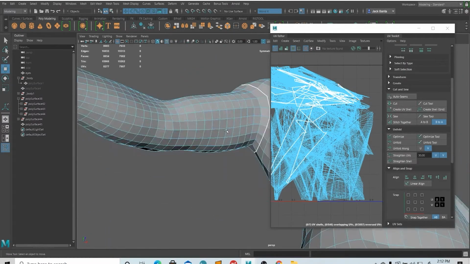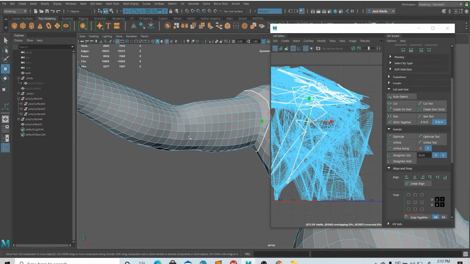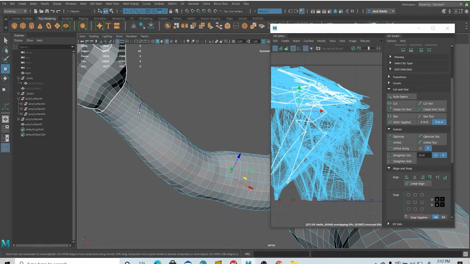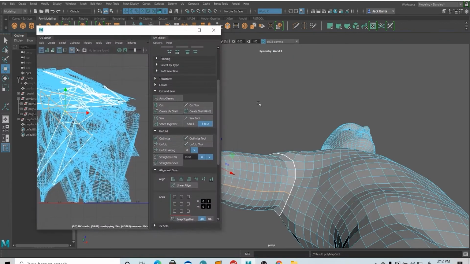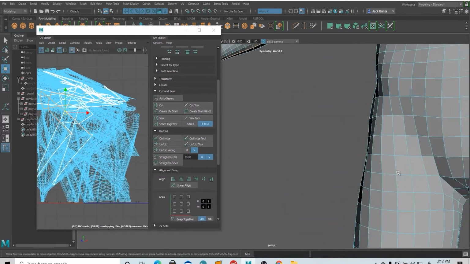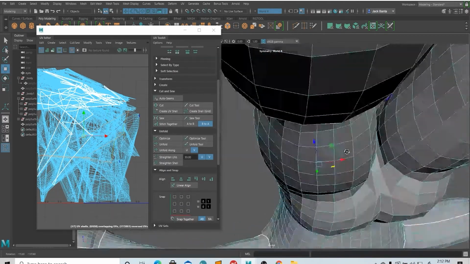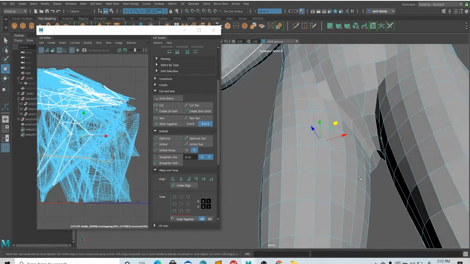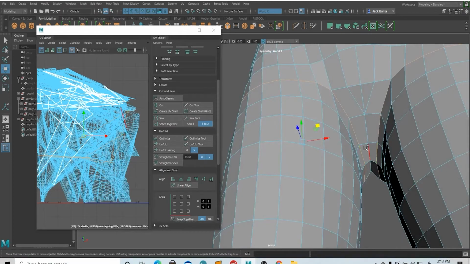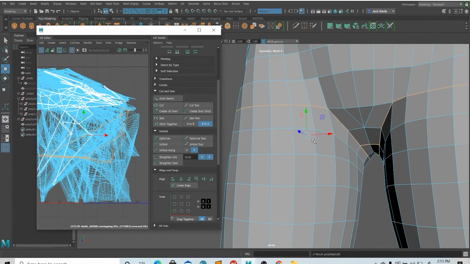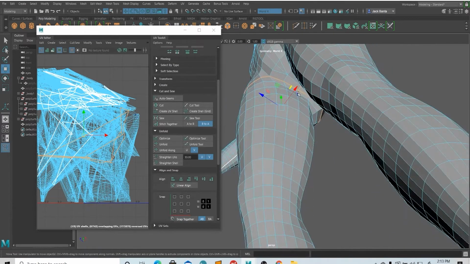You're going to want to do the arm also. So go into the armpit and double click. Let's see where it ends, right here, and double click. Cut. Let's move this to the side. Let's do the leg. Double click, double click. Seems to be good. And we're going to cut right here also. There you go. Now we're going to want to go down the leg